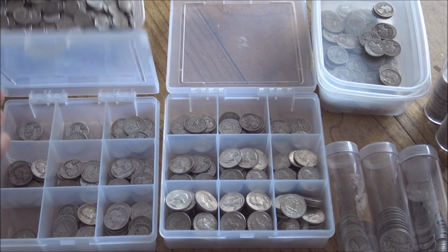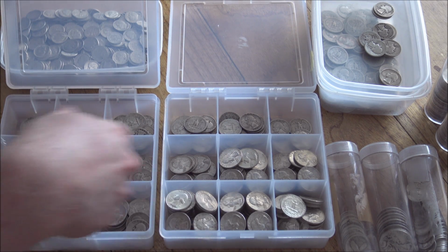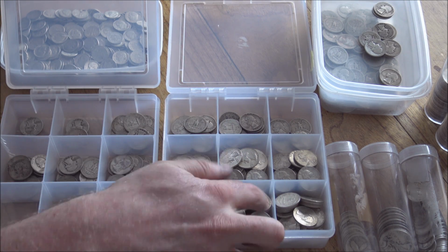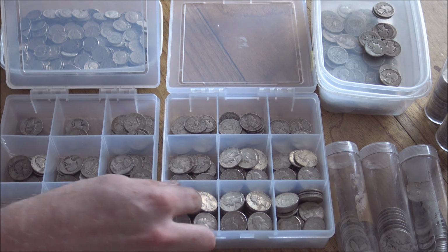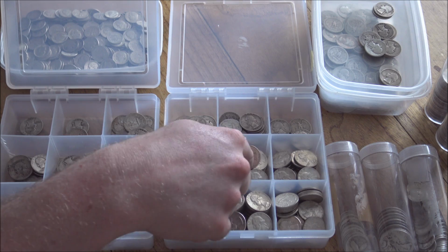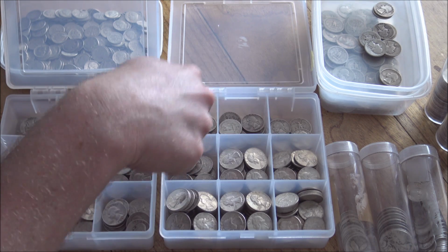So we have been busy looking through all of these coins in a little bit more detail and arranging them by date. So here are the date run boxes of the quarters. 64s, hugely common, as you can see all of these different ones here. I'm not going to bother counting exactly how many, but you can see as a visual representation the sheer numbers. So huge numbers of 64s, then 63, 62, 61. Looks like those are stepping down in quantity, and then we get into the 60s, 59s,